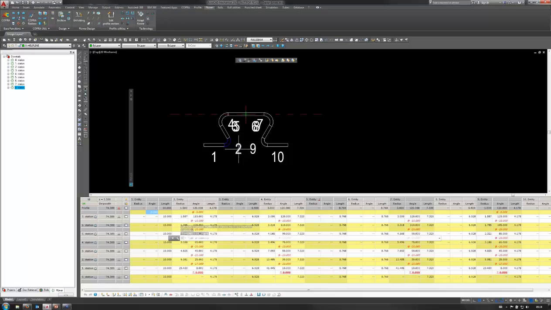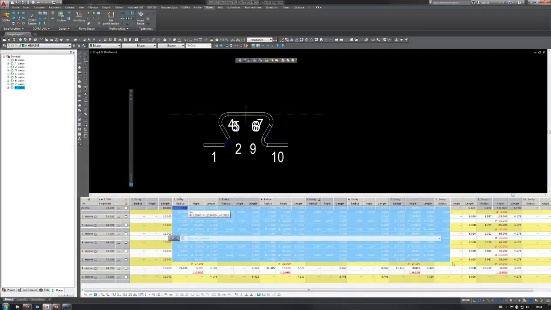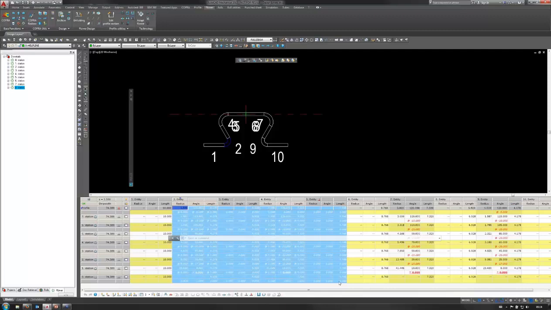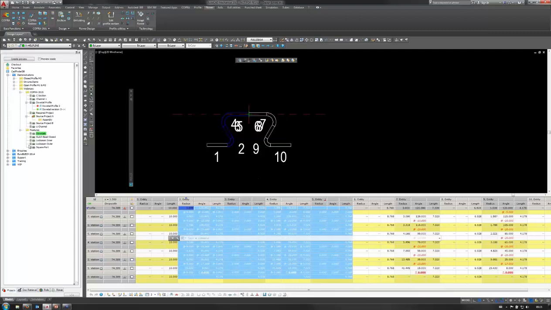So we could say here we would like to copy from entities 2 to 9. Actually, we have a symmetrical profile over there, so this will suffice, I think. And you'll also see now in spreadsheet the entity where I'm working is highlighted with blue arrows. So I'm going to copy this detail, return to my U channel,